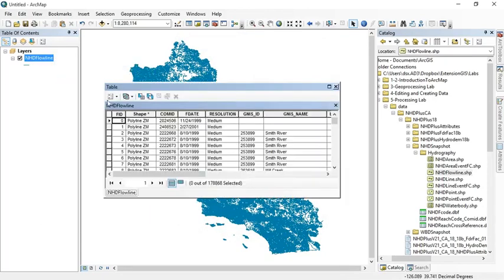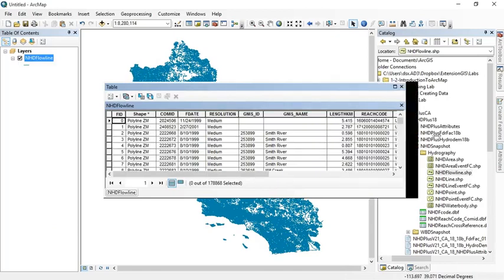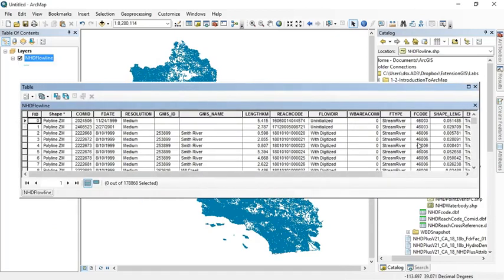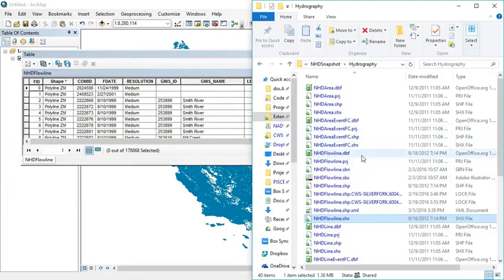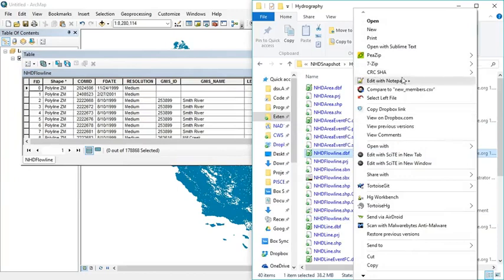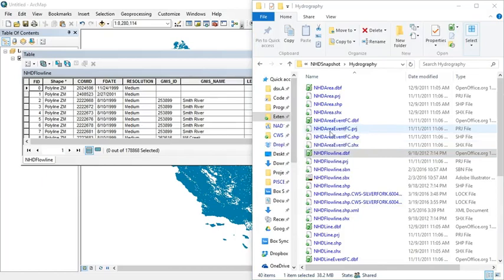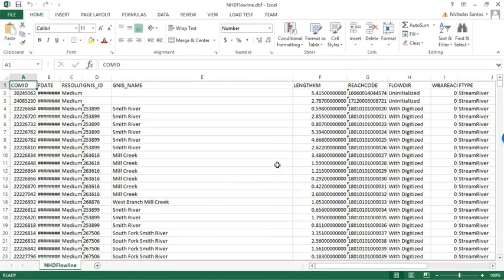Similarly, fields are a little different. This is backed by a really old storage engine called dBase IV, which is why there's a .dbf file in the many files that make up the shapefile here. And in fact, I can open up the DBF file in Microsoft Excel as well, or similar spreadsheet editors, but I shouldn't edit it in there because there's no guarantee it's going to write it back out the same way that I read it in. So I can view it in here, but don't treat this like we do with Microsoft Access and the personal geodatabases. When we save it back out, we're not necessarily keeping the same data construction. So you can view it here, you can maybe do a little bit of analysis, but do not save it